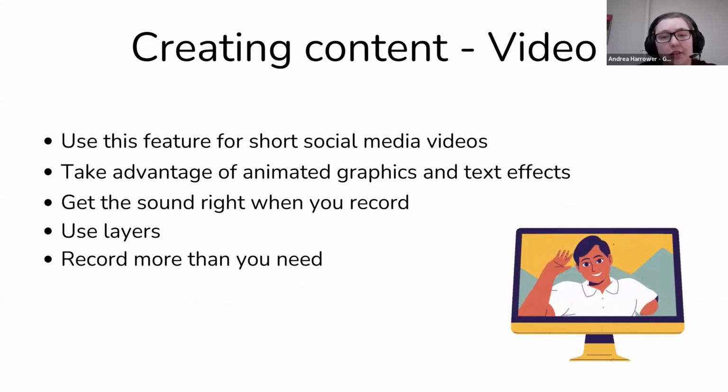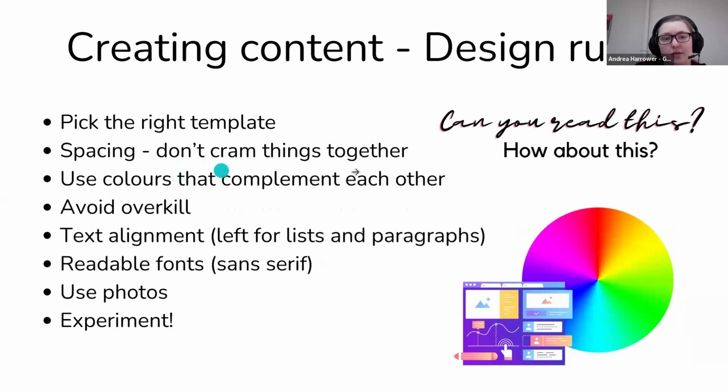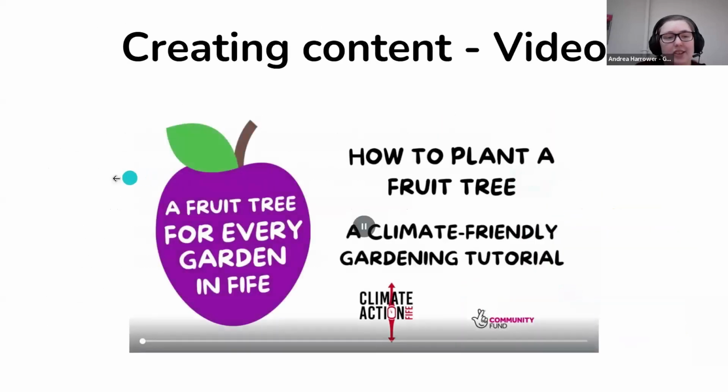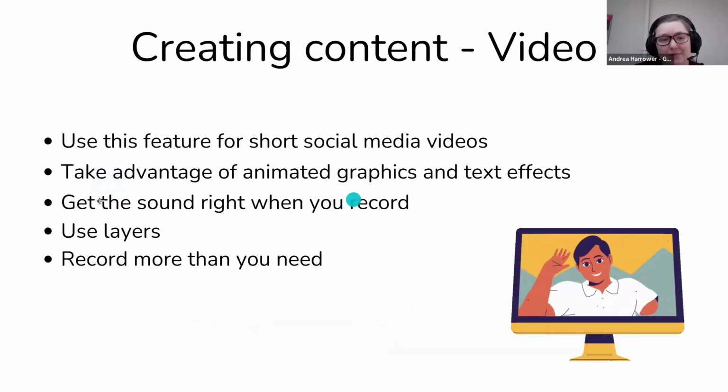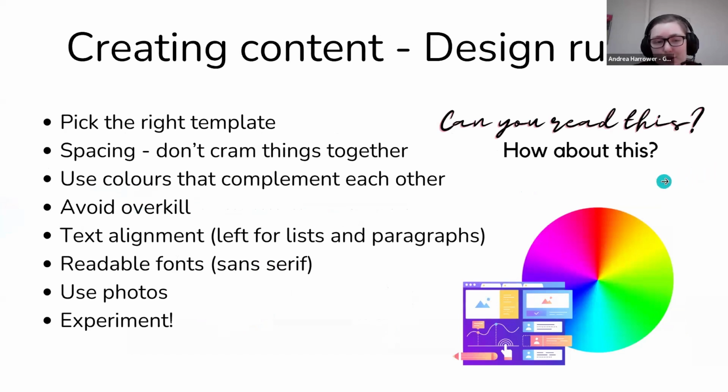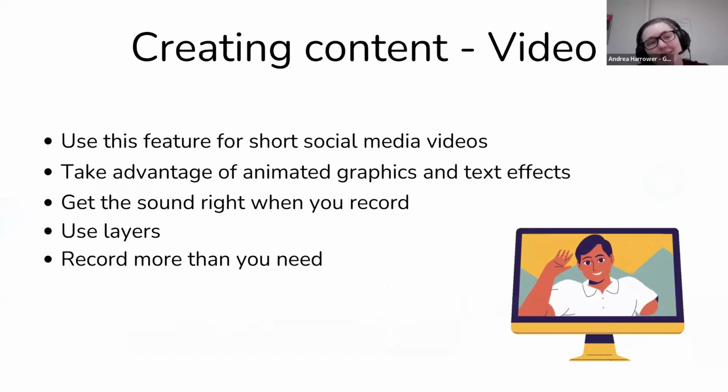And going back to the second point as well, you can actually add effects to any text that you're using in Canva. So for example, there's a typewriter effect that you can use, which is really good. And several other features that make your text movable, and it's really good if you're adding subtitles as well. So yeah, if I flick back to the slide before, and then when I flick forward, you can see point 2, that the text comes in as a typewriter effect, which is pretty cool and something that you can add when you're doing a video. So just a little bit of an example of a video that we did for our fruit tree campaign,